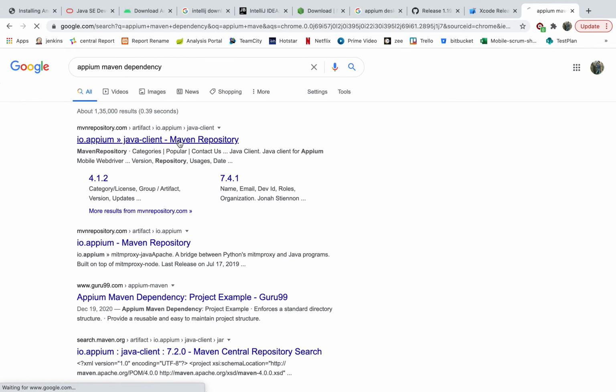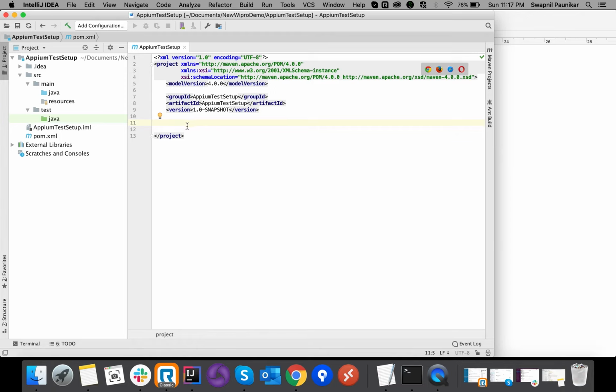Okay guys, so here what we are doing is importing the APM client library, and we choose which language we are using it for. Suppose I am using it for Java. So this is the Java client I'm using, and the current APM client library for Java is 1.4.1. If I click on it, this is the dependency that I need to add.